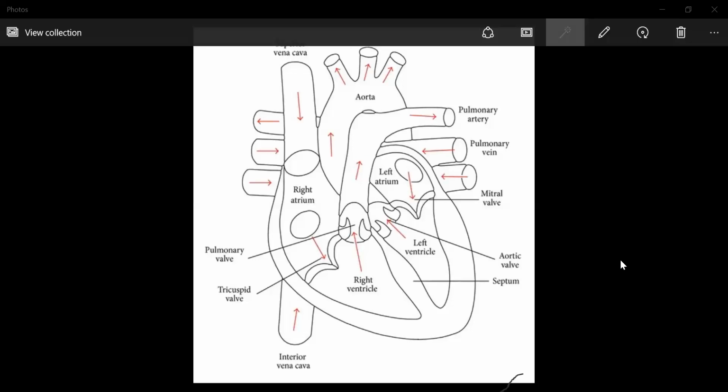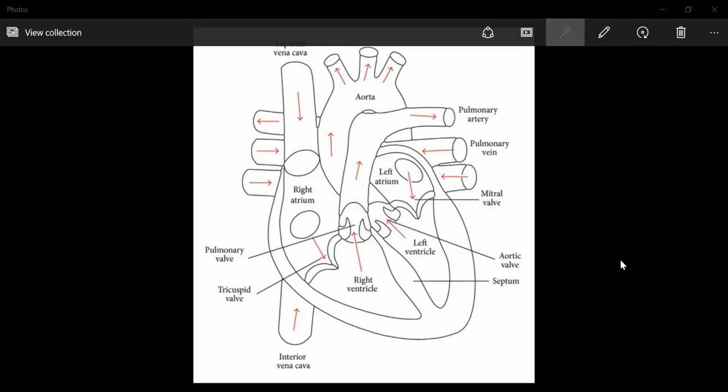Such animals like amphibians or many reptiles have three-chambered hearts and tolerate some mixing of the oxygenated and deoxygenated blood streams. Fishes, on the other hand, have only two chambers in their heart, and the blood is pumped to the gills, is oxygenated there, and passes directly to the rest of the body. Thus, blood goes only once through the heart in fish during one cycle of passage through the body. On the other hand, it goes through the heart twice during each cycle in other vertebrates. This is known as double circulation. In all the other vertebrates, it goes two times, but in fish, it goes only one time.